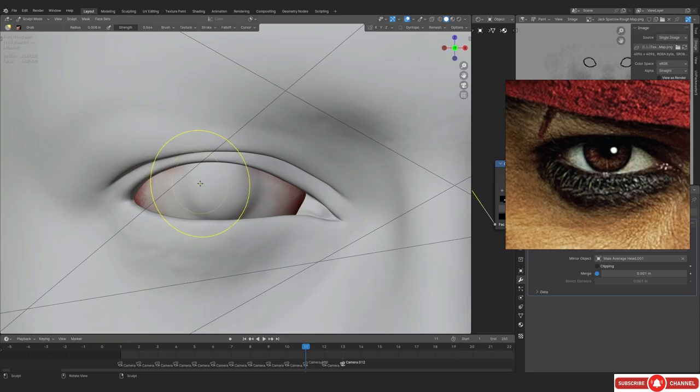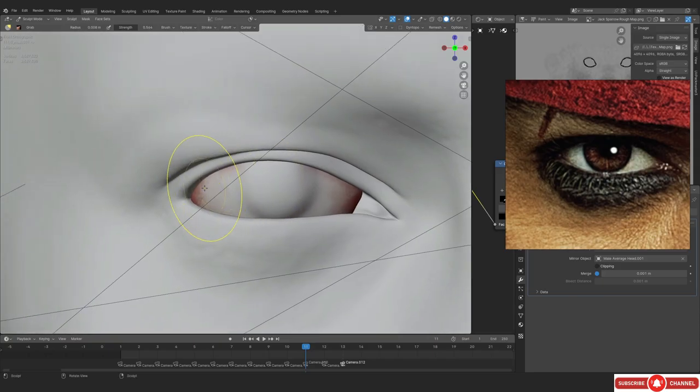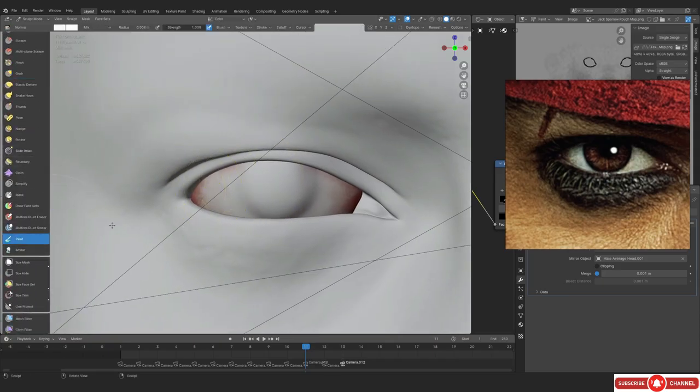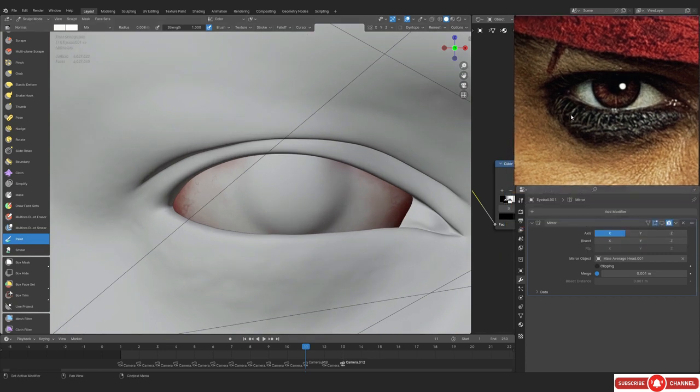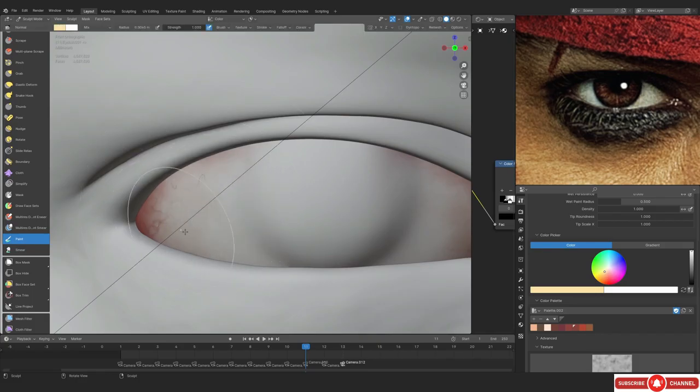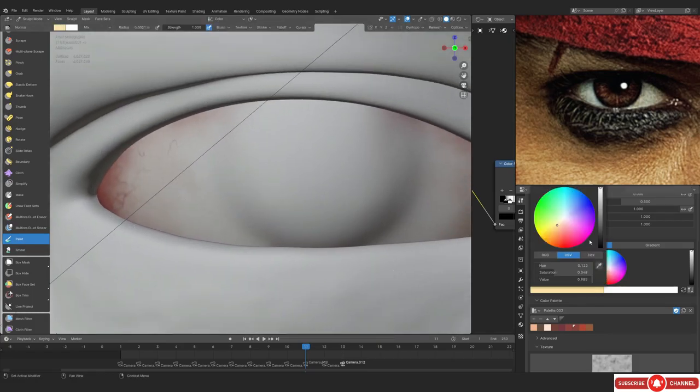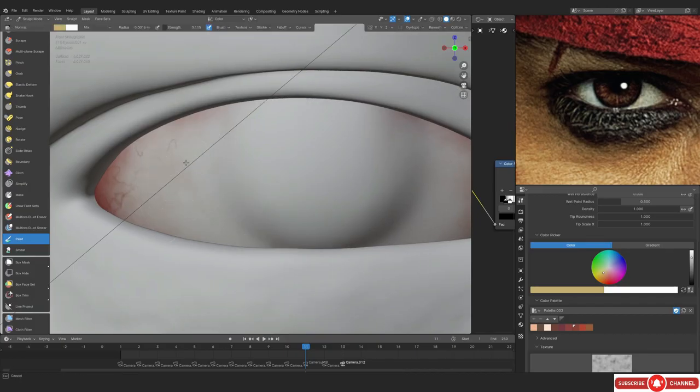By the way, if you want to, you can add this black paint right now, but I don't think I'm actually going to do that. We are just going to be painting the normal stuff, and that would be to lower down the value of the color of the eyeball. Basically, the eyeball is way too bright right now.